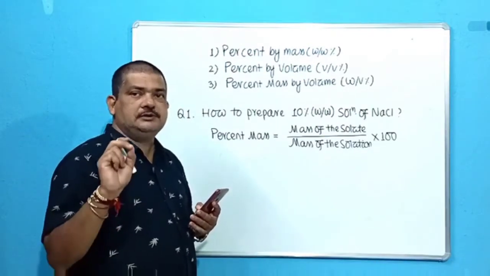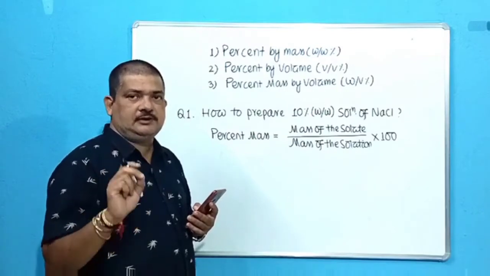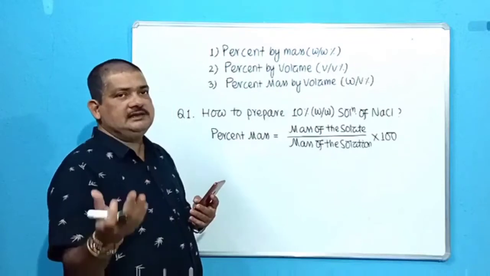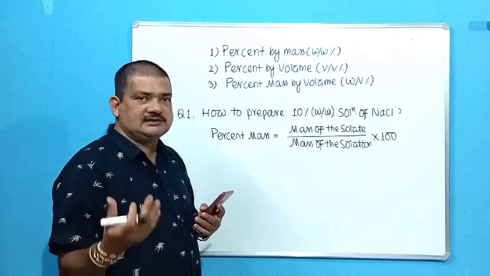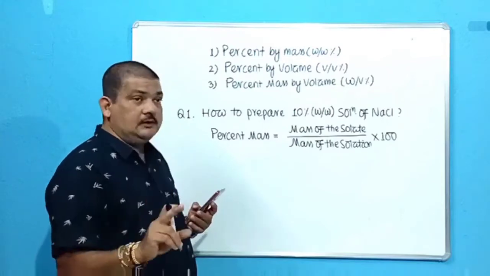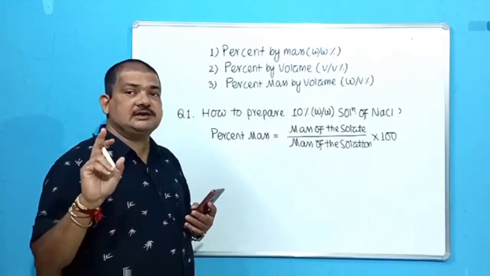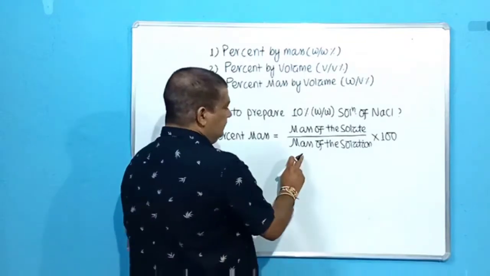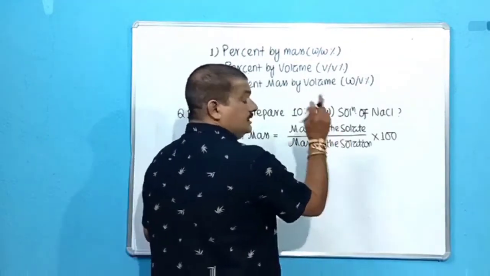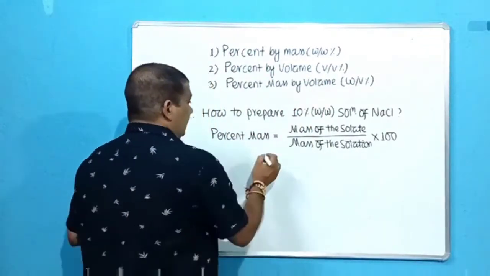One is the solute, which is present in lesser amount, lesser quantity or lesser concentration, that is always the solute, and the component which is present in higher concentration or higher quantity has to be the solvent. So solute plus solvent makes the solution. So mass of the solution, in other words, we can write, is mass of the solute plus mass of the solvent. Okay.